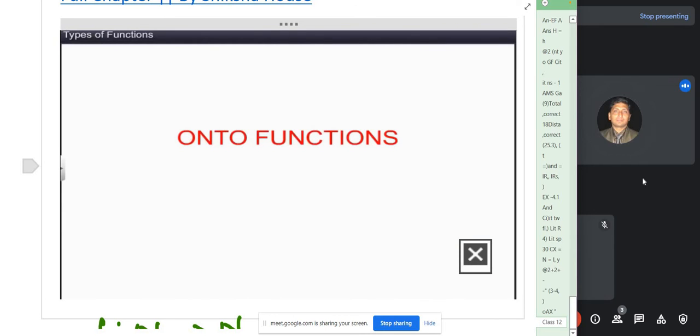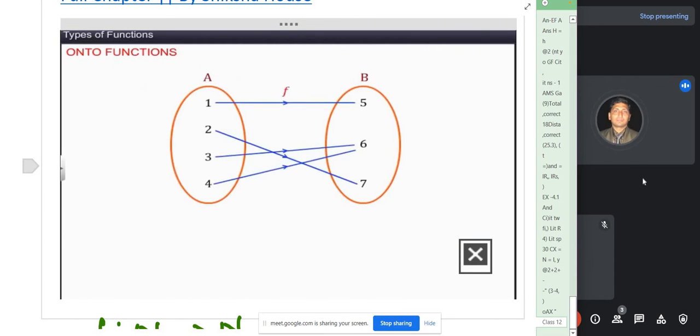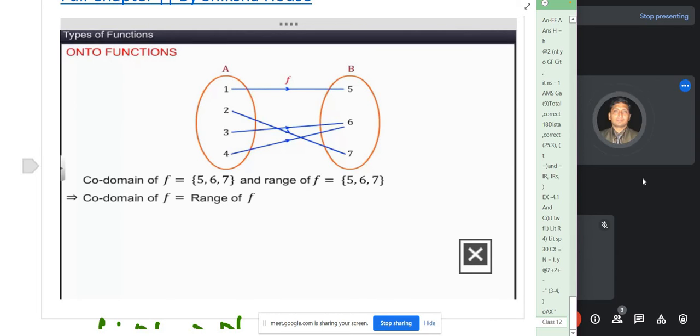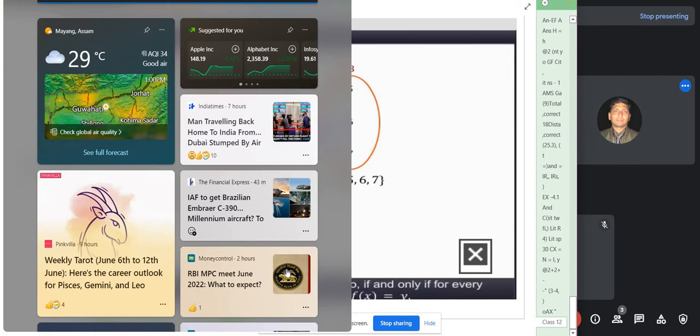Let's now discuss the onto function. Let's begin by considering a function f from A to B, which is shown here. From our previous knowledge, we can find the codomain and domain of the function. The codomain of function f is set B, with the elements 5, 6, and 7, and the range of the function is also the same set. It implies that the range of the function is equal to the codomain of the function. Such functions are known as onto functions. Mathematically,